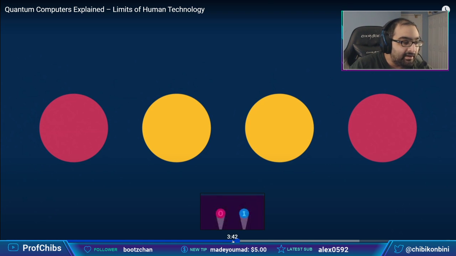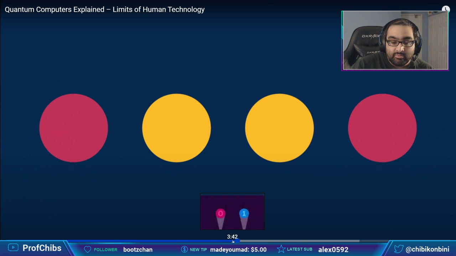If you go back, basically the one qubit is in both states at the same exact time. It's either a 0 or a 1 at the same exact time. Once you stop it, then it can take on either one of the two positions. So that's one of the biggest things about quantum computers compared to what we have with regular computers.